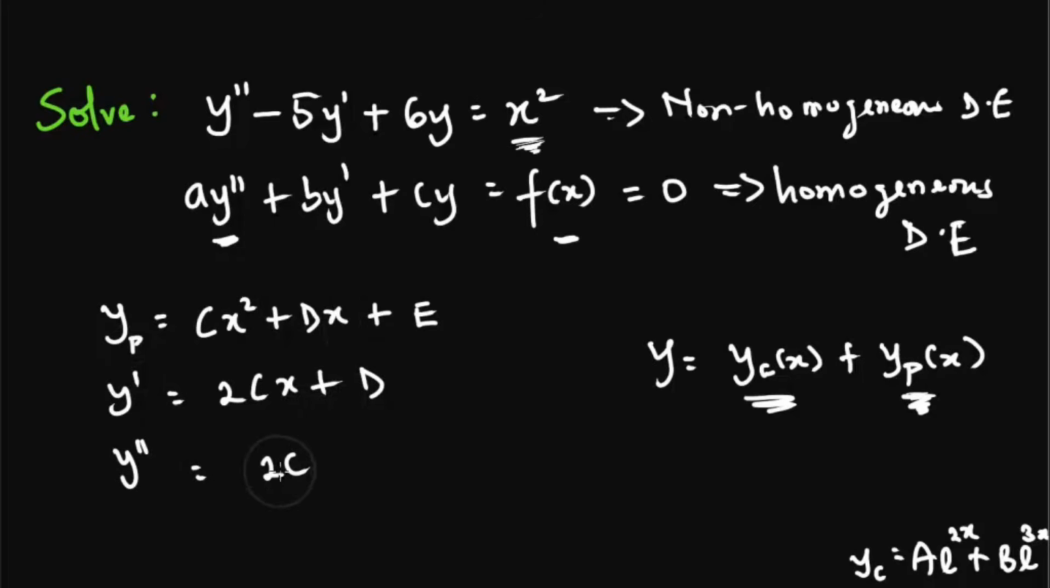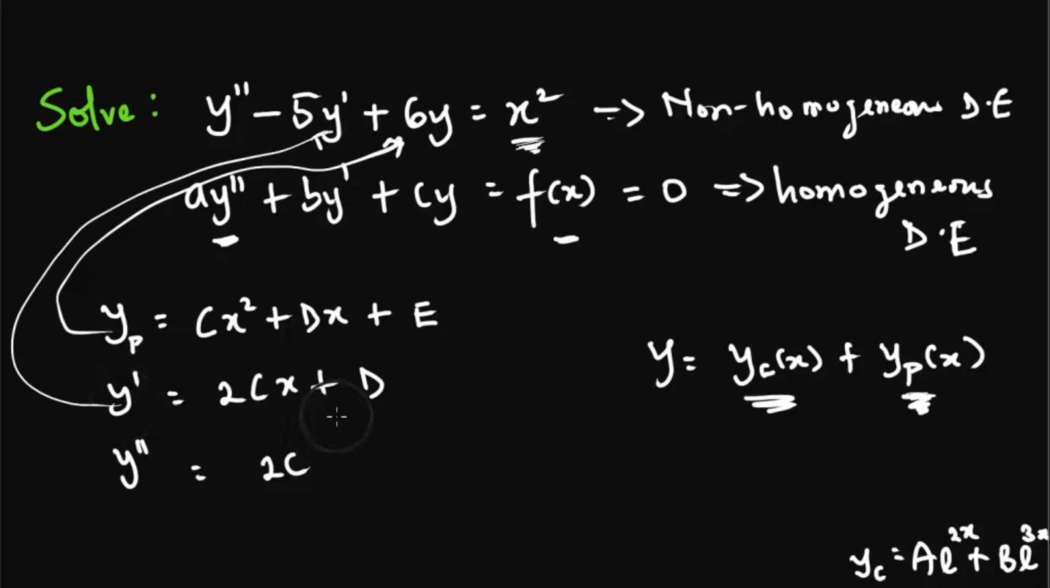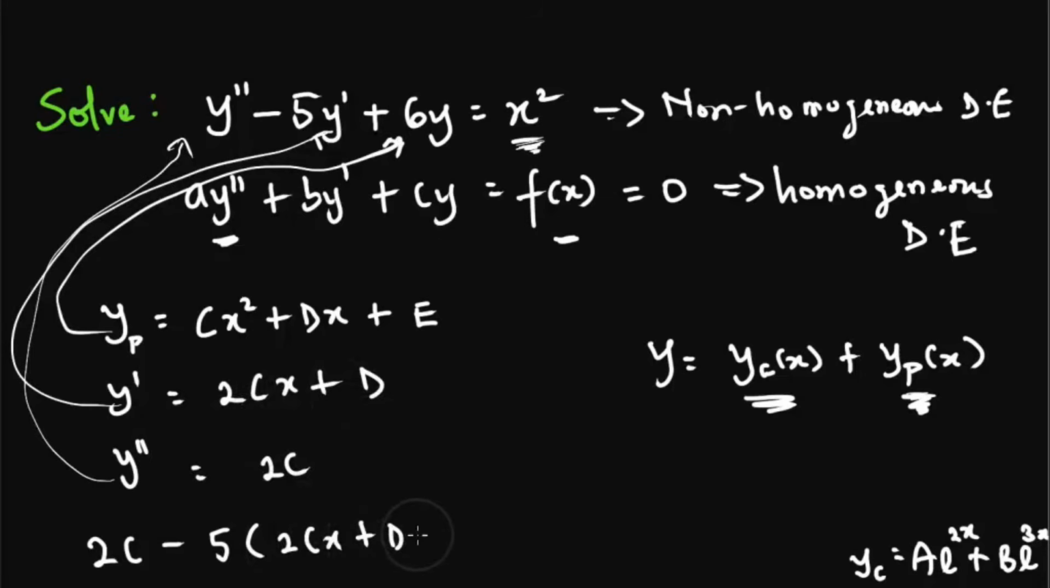So having gotten this, we're now going to substitute into our equation. This is going to go in place of y prime, and this 2c is going to go in place of y double prime. And so we have 2c minus 5 into (2cx plus d) plus 6 into (cx squared plus dx plus e)